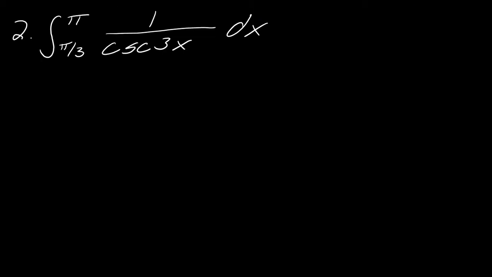Okay, for number 2, I've got the integral from pi over 3 to pi of 1 over cosecant 3x dx. A lot of times when you have trig problems like this, it's very helpful to rewrite them and think about trig properties. So remember, cosecant is equal to 1 over sine of x. Because of that,